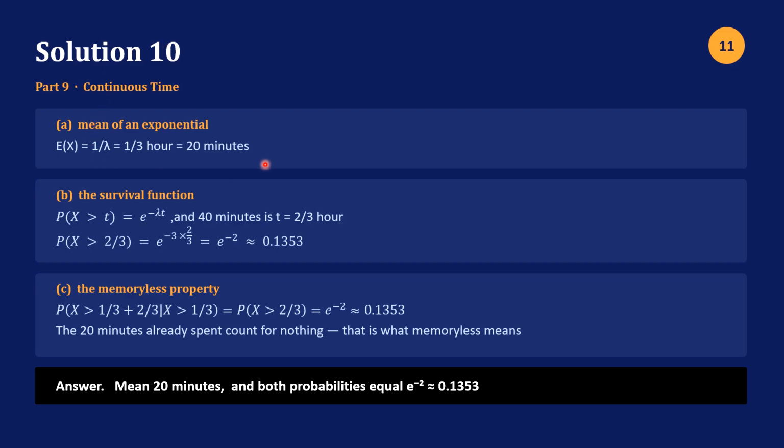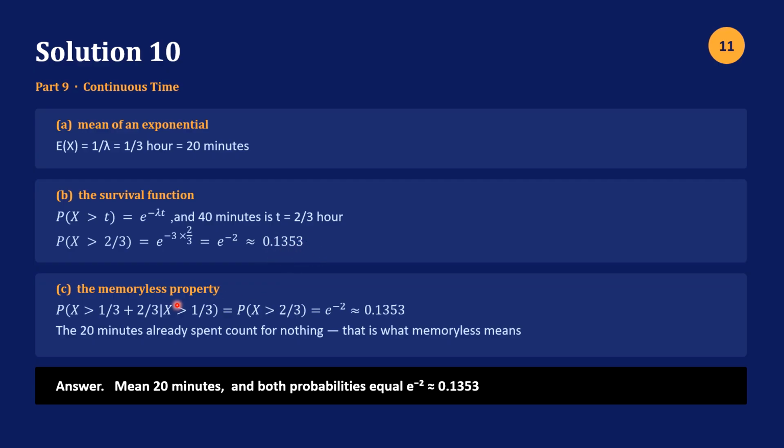For the solution, I gave you most of the information in the little reminder slide a few slides back. So the expected value is 1 over lambda. So that's pretty fast to do. We just do 1/3 hours or 20 minutes. Then the survival function, which is what we want: what's the probability of staying in state 0 for more than 40 or more minutes? That's 2/3 of an hour. We just plug that in. So it's minus 3 times 2/3, so e to the minus 2, or about